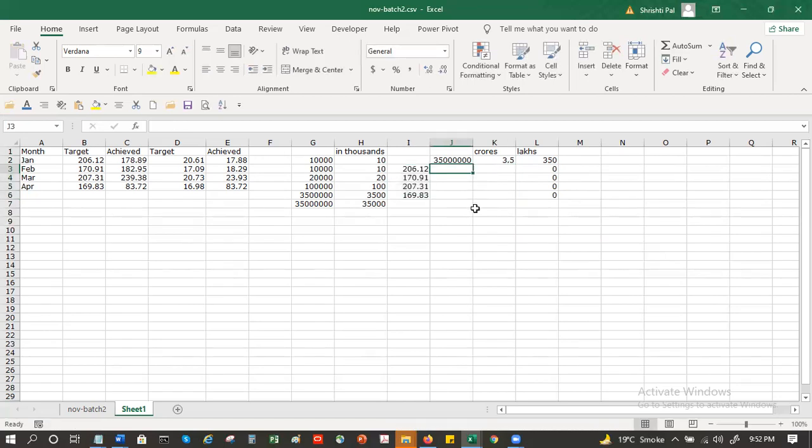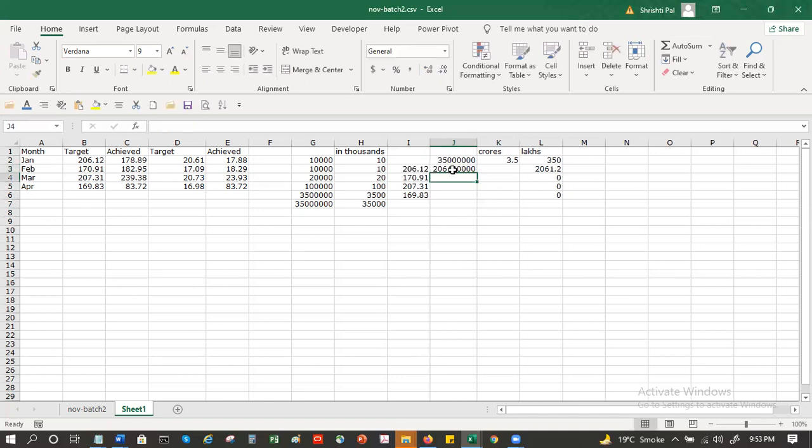If it is 20.61 crores, that is 20 crores, 61 lakhs, which is the total figure, 20612 followed by 4 zeros, right?